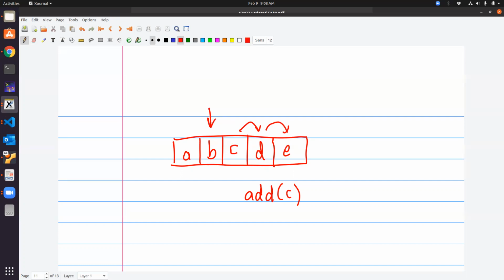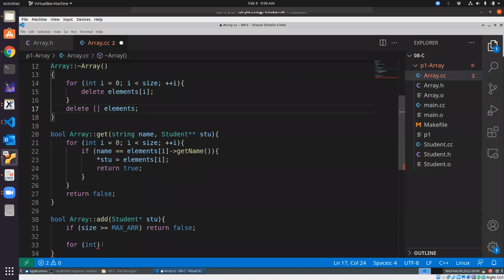So I'm going to put C in there. So that's what we're going to do for this. That means I want to loop. I want to start at the back, size, and then loop to the front, which means I'm going to check that i is greater than 0. We'll talk about specifically why I chose these values instead of size - 1 and maybe greater than or equal to here, int i, in a second, but for now,